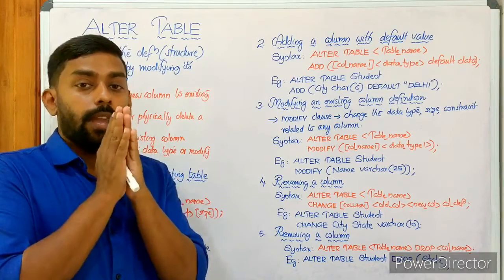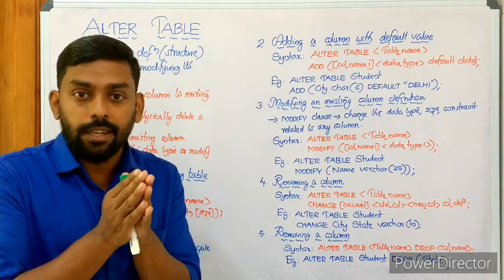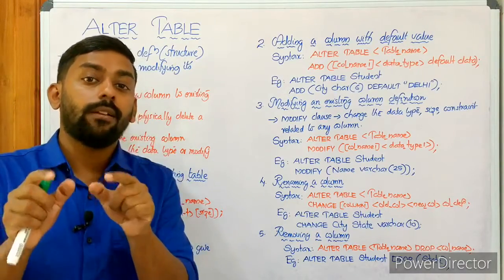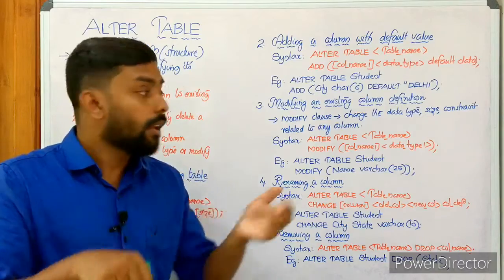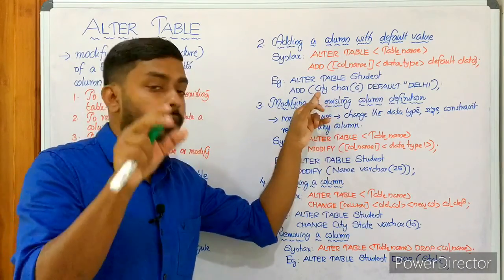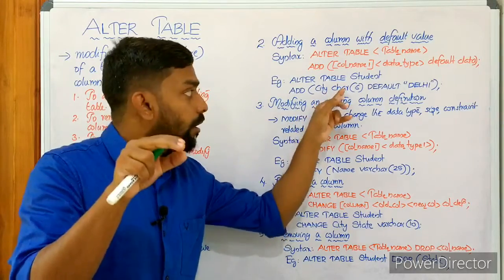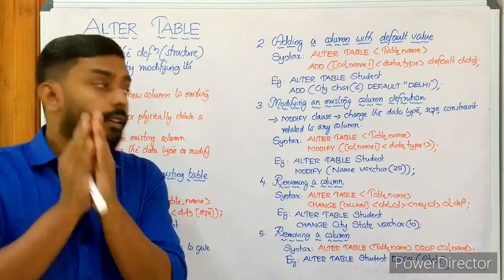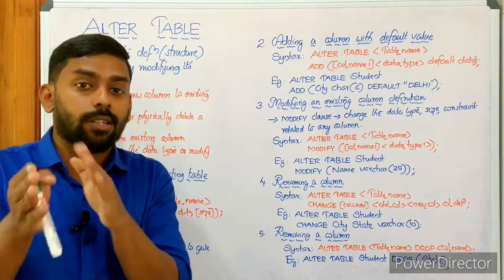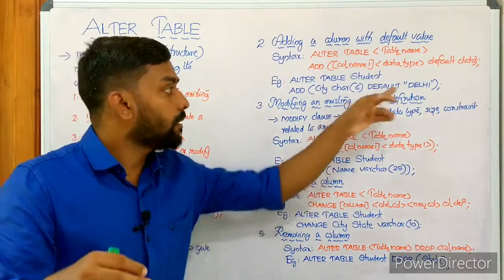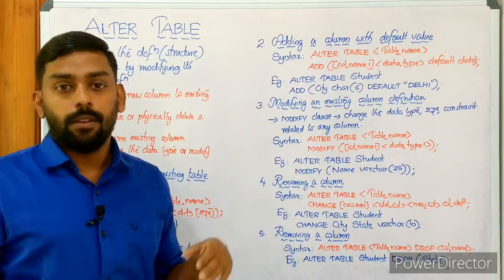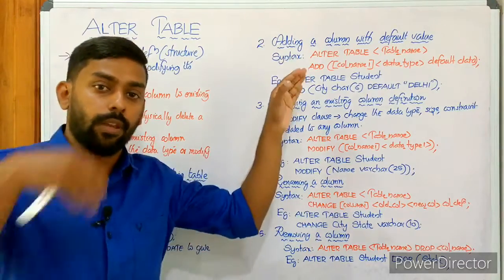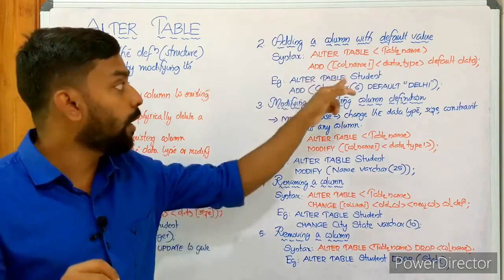That means we are adding a new column named city, which can store character type of size 6, with a default value. Suppose there are 100 students, and after adding the new column city with character size 6, we provide the default value Delhi, meaning the city of all 100 students will be set to Delhi. Hope you get it. In the first case we did not provide any value, so it is set to null, and in the second we have given Delhi as the default value to the newly added column city.